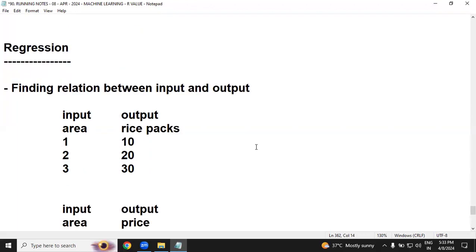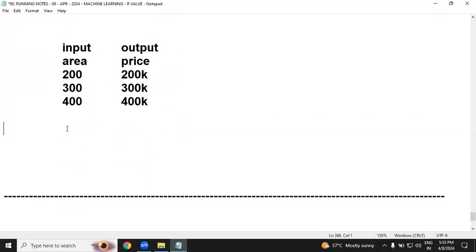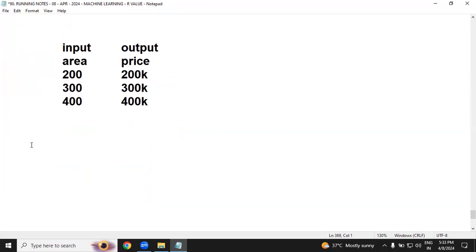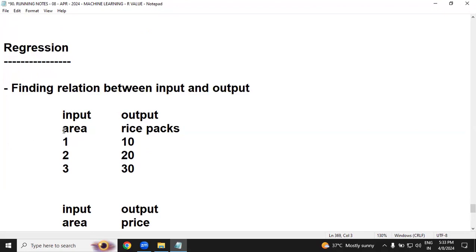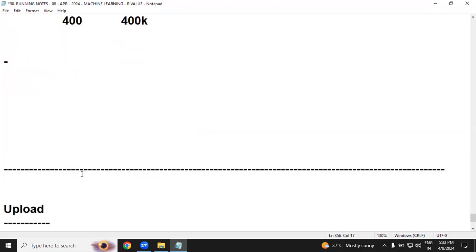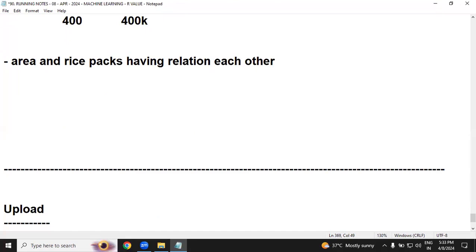Now read the definition very carefully. Regression means finding the relation between input and output. Now the question is how to find it. I mean to say, area and rice packets have a relation with each other. This relation